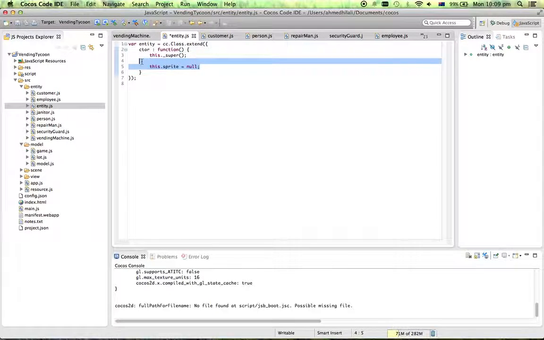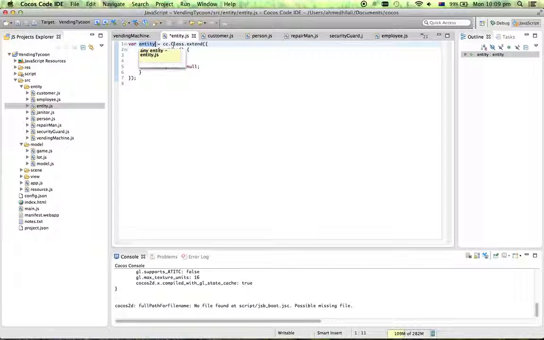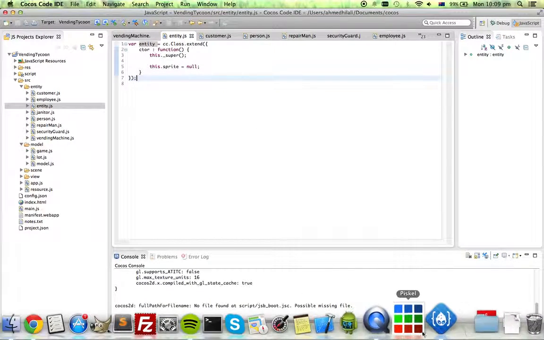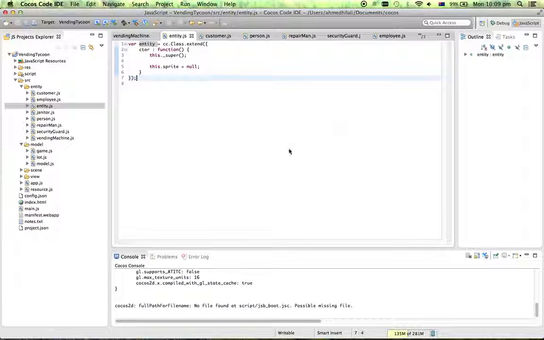So the reason I'm doing this, you might be wondering, why doesn't entity just extend sprite? And this is the issue that you get with polymorphism in general, deciding is a or has a. Now, logically speaking, and by all accounts, a person should be a sprite. But I've decided not to do that. I've decided that a person contains a sprite, and the reason for that is, oh